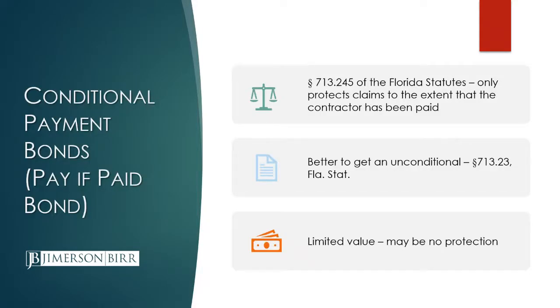Last thing I want to talk about is conditional payment bonds. You can think of these as pay if paid bonds. If you find that the bond for the project is a conditional payment bond, you need to be very careful because you may have lien rights in that case as opposed to bond rights, and the procedures for preserving your lien rights and making a claim, recording a claim of lien are different. So it's better to get an unconditional or a section 713.23 bond. So that's preferable, but you need to be aware that under section